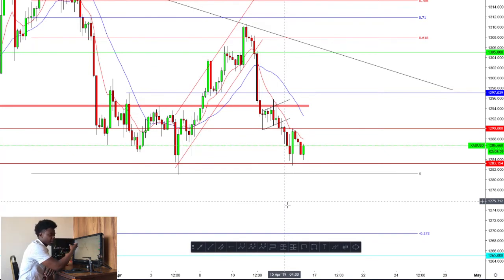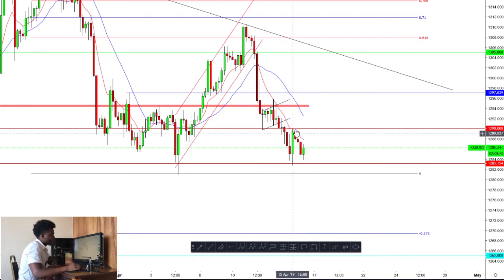But for now we're watching candlestick formation closely, giving us beautiful entries yet again, maybe to go short, to go long at the same time on an intraday basis. But that's basically what we have on gold. Right now we're just watching the MAs that you can see over here, which are capping this level. You can see when we came back down, we were capped over here by the MA,